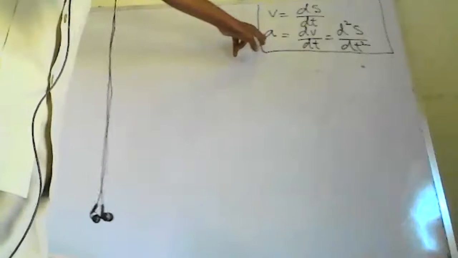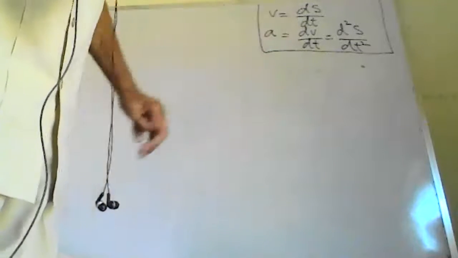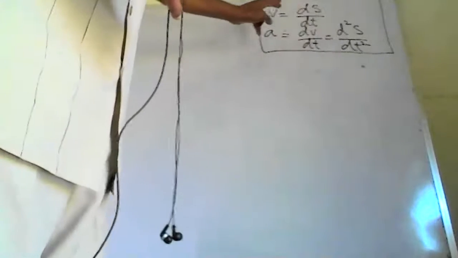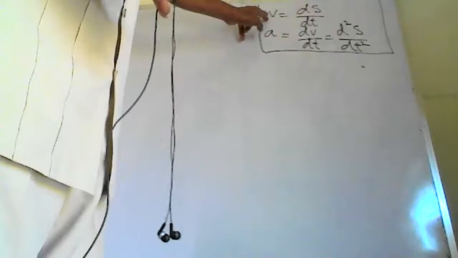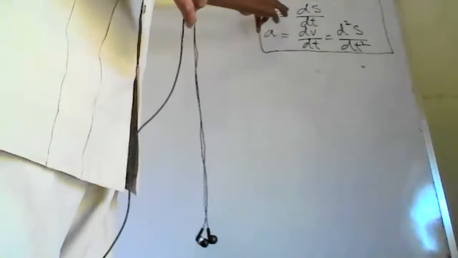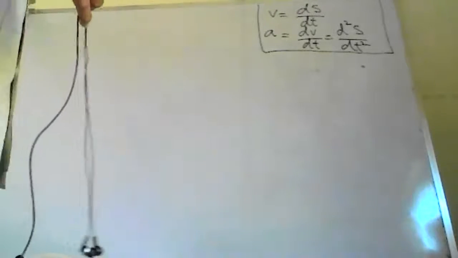A for acceleration. A is equal to dv upon dt, the rate of change of velocity with respect to t. So v is the first derivative of the displacement with respect to t. A is the second derivative of displacement with respect to t, or we can say the derivative of v. V is itself the derivative of s with respect to t. If we take again the derivative of v, it will become the acceleration. So this is the rate of change of velocity. Acceleration is the rate of change of velocity.